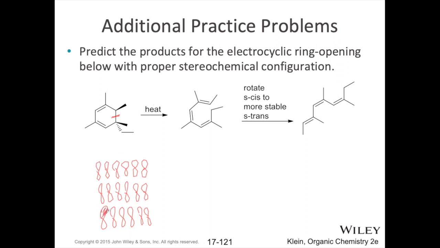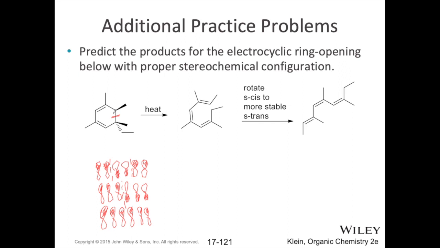So again, the lowest has these all completely filled. This has one node where these three are in the same phase and these three are in the same phase, but not with each other. And then this one has two nodes. So here's the important part. The outside two carbons are in the same phase, which means there's a disrotatory rotation when this closes to give us this product. Okay, so when this closed, that disrotatory rotation